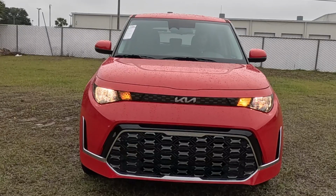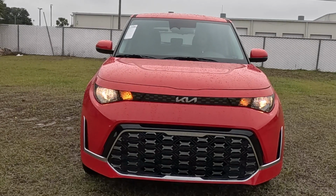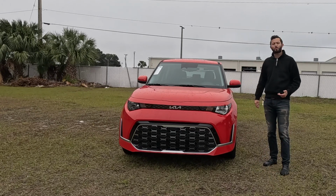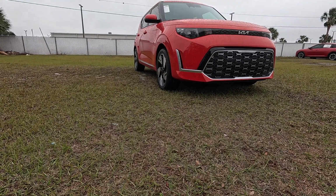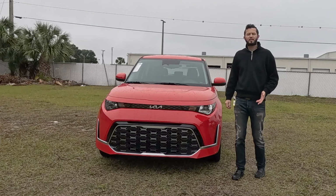It does have the GT-Line styling, which is going to have the glossy black and the silver. So the in-your-face grille, it's pronounced. I like the stance to it because it does look aggressive. 6.7 inches of clearance, so it's not going to be the best compared to Chevy, Buick, Mazda, and underneath the